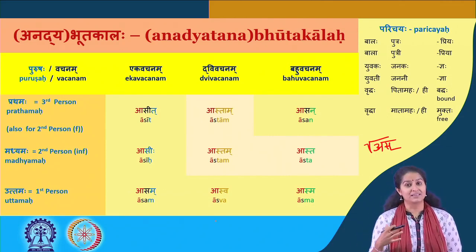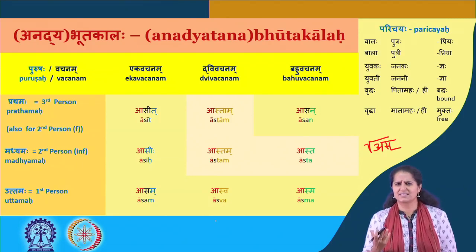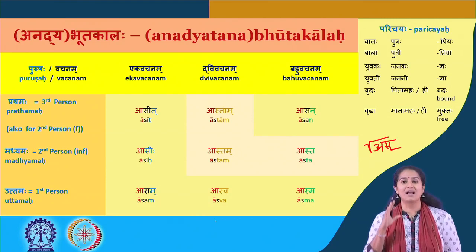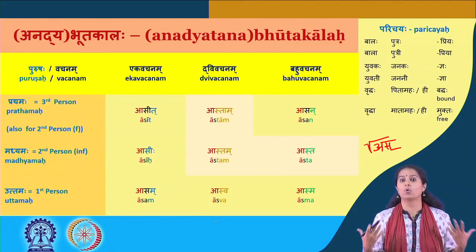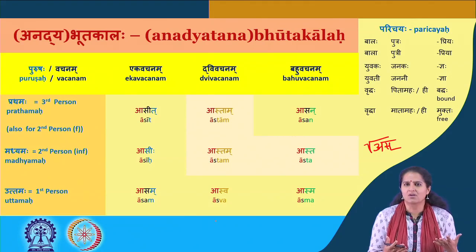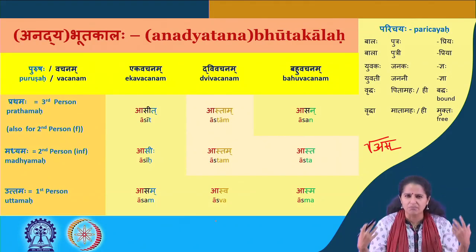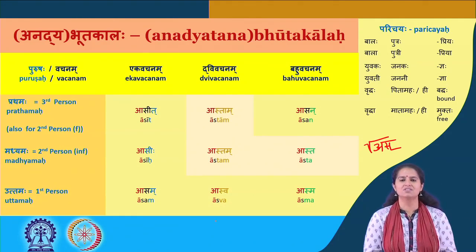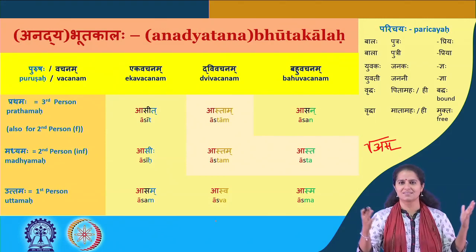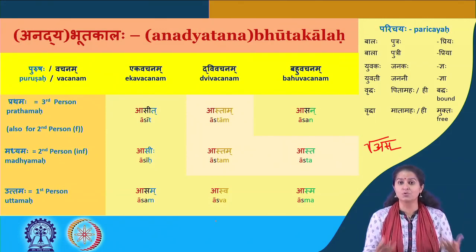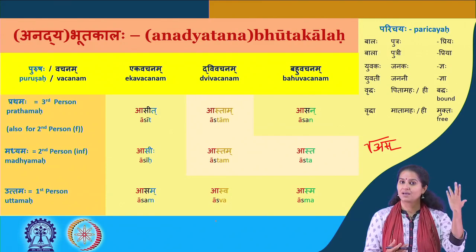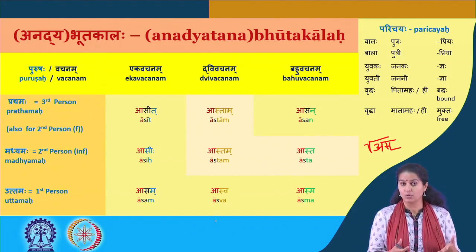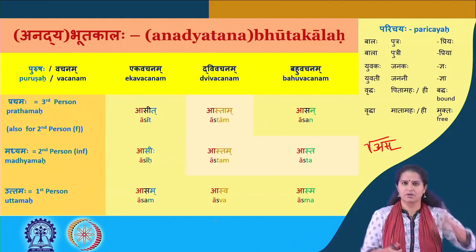And let's do it with aham. So aham vriddhaha asam. What sense does that make? You have to fill in that sense with the right side of your brain, the image. So while your head is using the language: I was an old person. How can you put that in a context? Maybe at some point you were feeling tired and old in your mind. So I was an old person. Now I'm young. You get energized by maybe doing yoga, some exercise, going to some new place, and you feel energized. So you can make the sentence aham vriddhaha asam or vriddha asam, and then idanim or adhuna yuvakaha asmi. I was old and now I'm young.